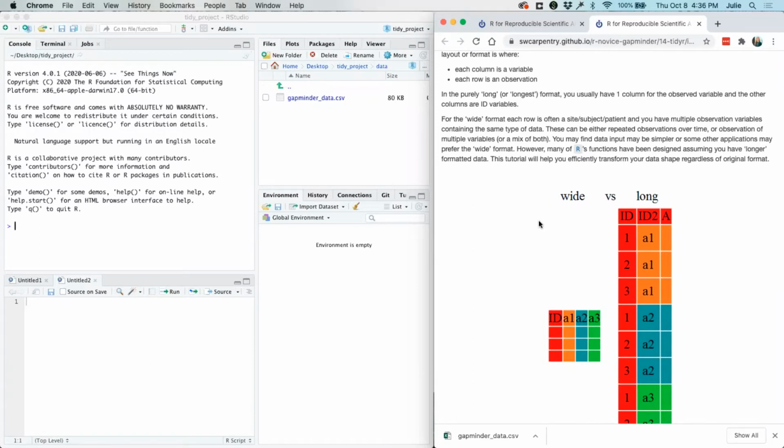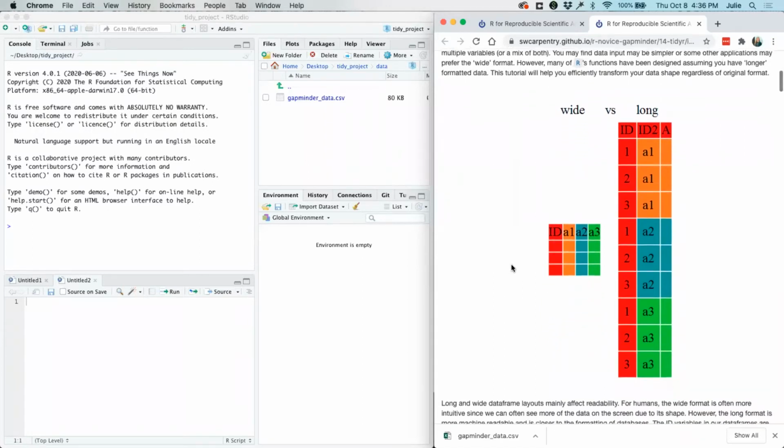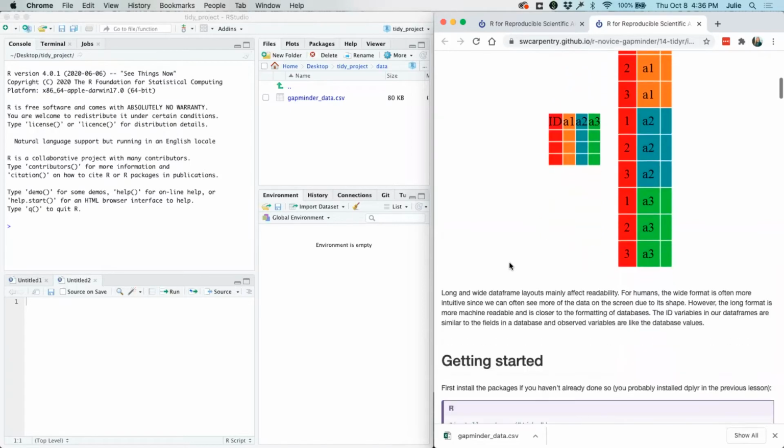And like I said before, many of our functions have been designed assuming that you have this longer formatted data. So therefore, we need to make sure that our data is in that format. And we'll do that here in this tutorial. So just another view of what the wide versus long looks like.